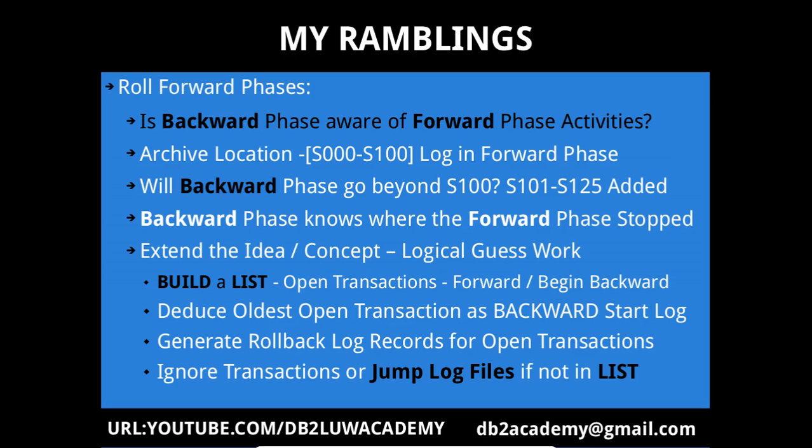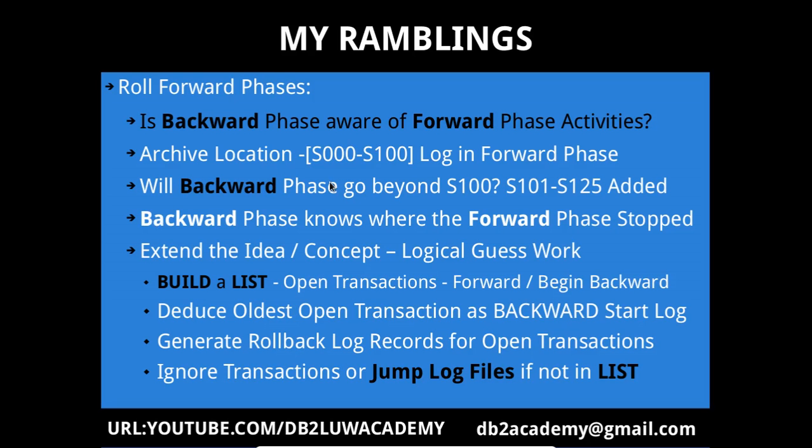Which are committed or which are rolled back, so you don't need to worry about it. You again start from 61, right? So if you can build a list saying what all the open transactions are, and in which log files each open transaction is starting, then